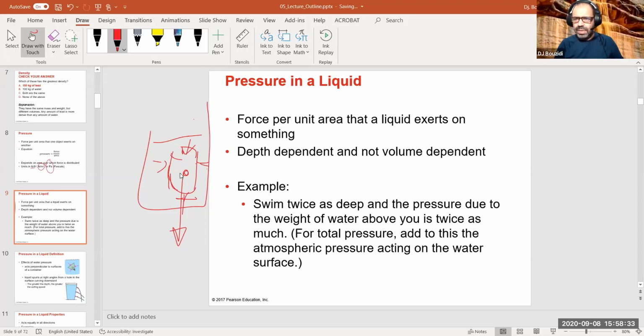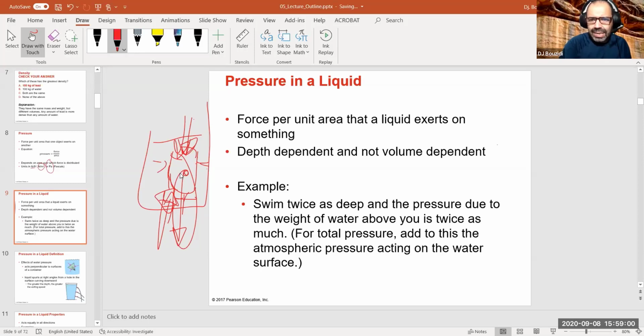F equals ma dictates that since there is an external force due to gravity, it is going to sink. So the only way this column is not sinking is if there is a force exerted by the fluid on it from the bottom, and probably from the top, that keeps it in place. But the imbalance in these two forces will equal the weight. That's why there is more pressure at the bottom than at the top.